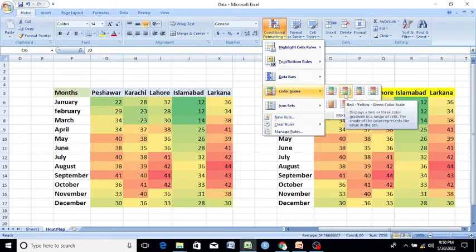Here if you click on the second one, which moves from red to yellow and then to green, you can see that the colder regions are represented by green, and as the weather gets hotter, the color changes from green to yellow and then to